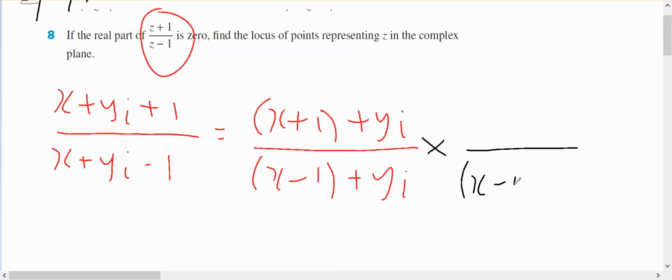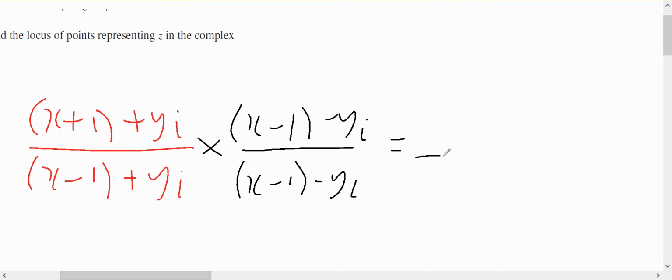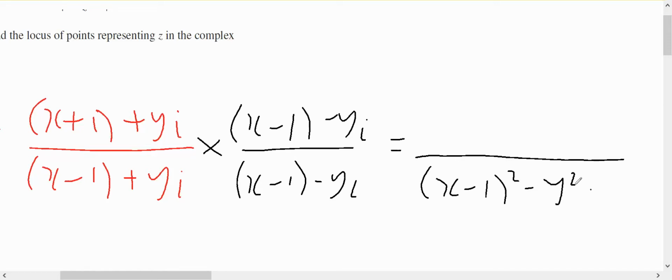So x minus 1 minus yi over x minus 1 minus yi, and keeping on going to the right, my denominator will end up being the difference of perfect squares. So x minus 1 squared minus y squared i squared,